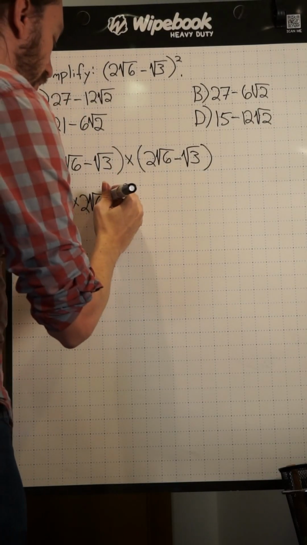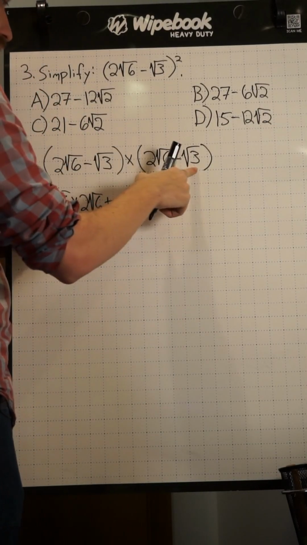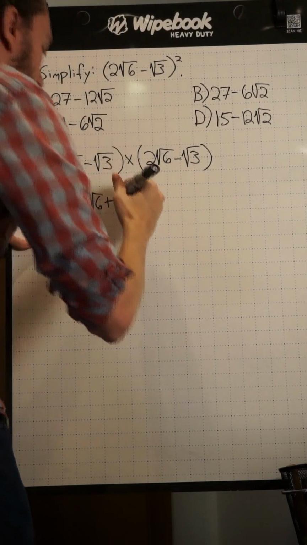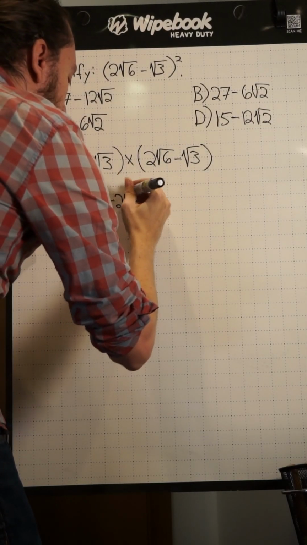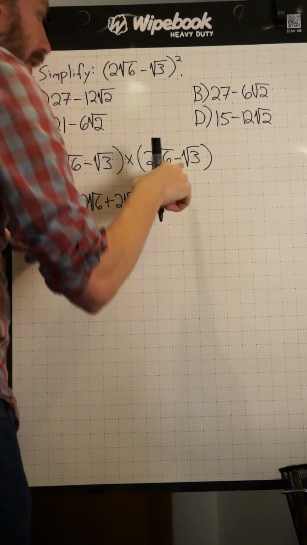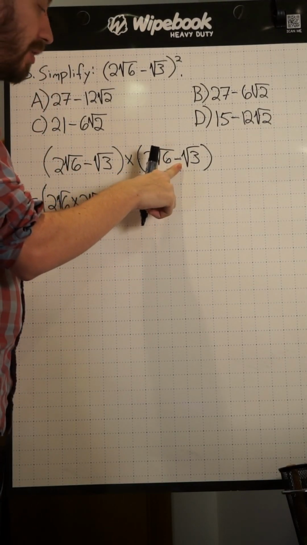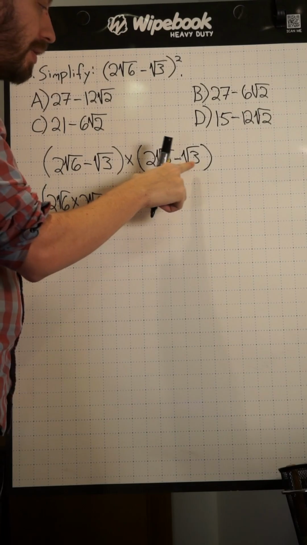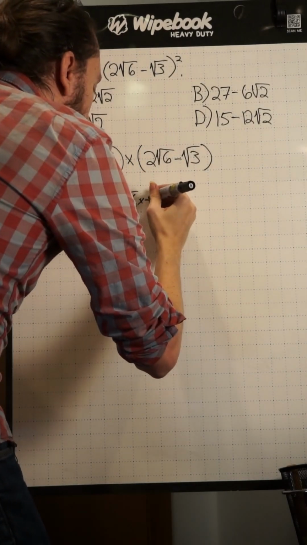Then we'll say plus, and we'll multiply these two together: 2 square root of 6 times, we want to make sure we pay attention to these minus signs, minus square root of 3,